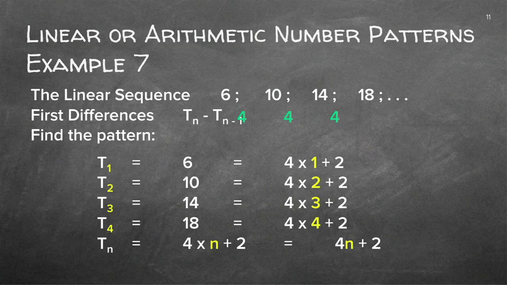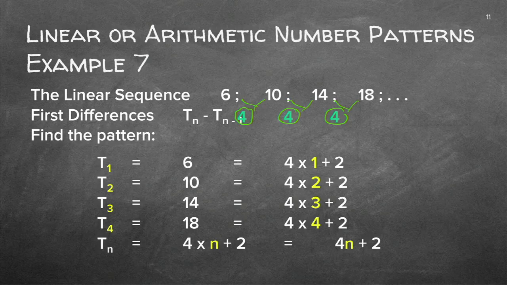6, 10, 14, 18. Now this time I can really see I've added 4 each time. So let's just look here. I've added 4, but now remember, you already in the previous one had 4n, which was the multiples of 4. So you already had 4n. Now this 4 here and that 4 there is the difference between 18 and 14. And it's the difference between 10 and 14, and it's the difference between 10 and 6.